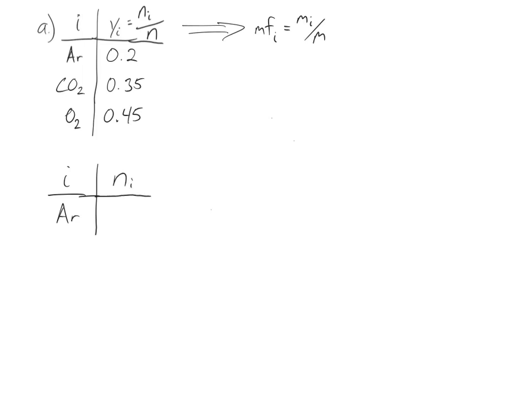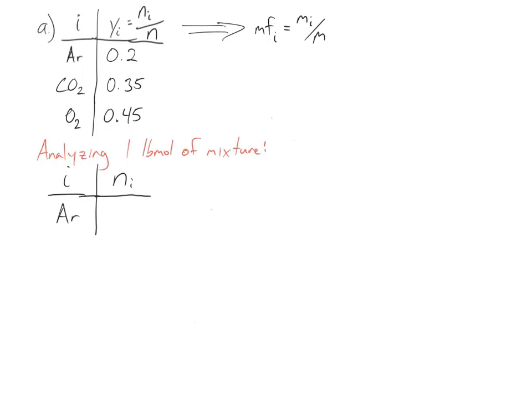To make this easier for us, we're going to start out by analyzing 1 pound mole of the mixture. All right, and this will make things a lot simpler, as you'll see here. So analyzing only 1 pound mole of the mixture,